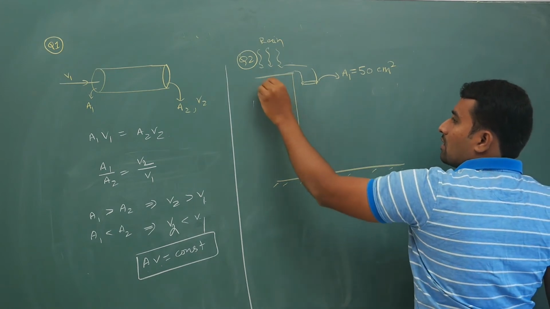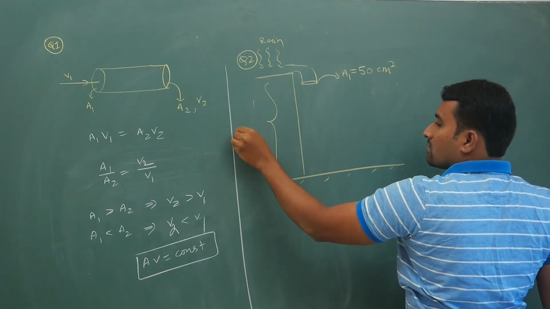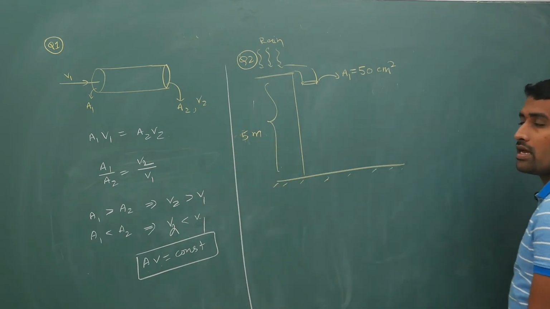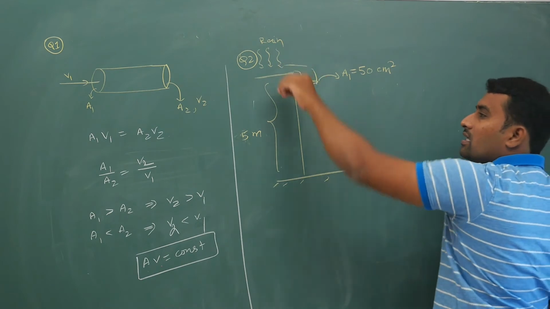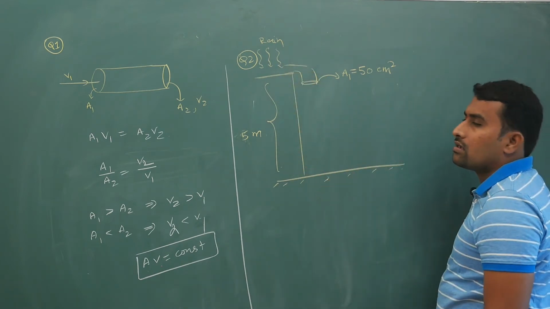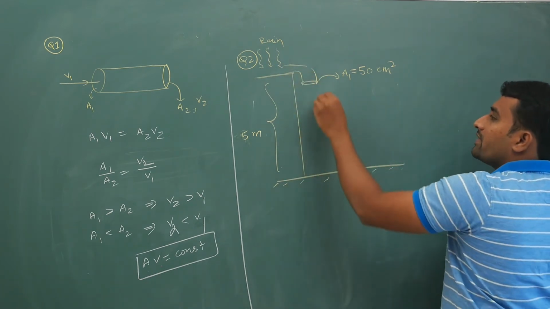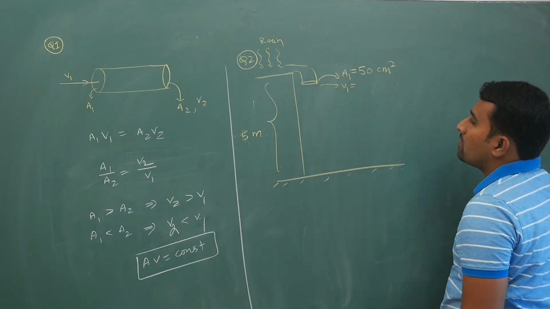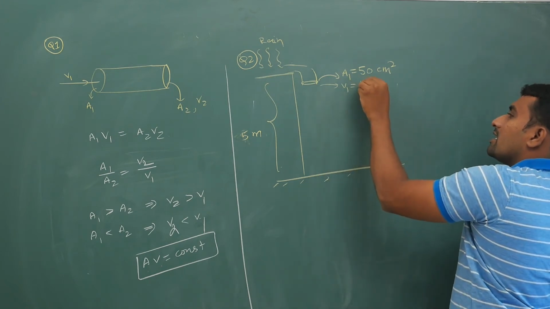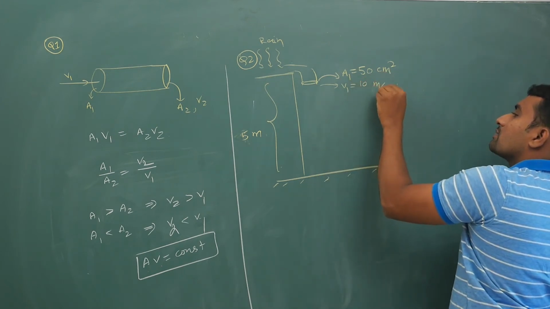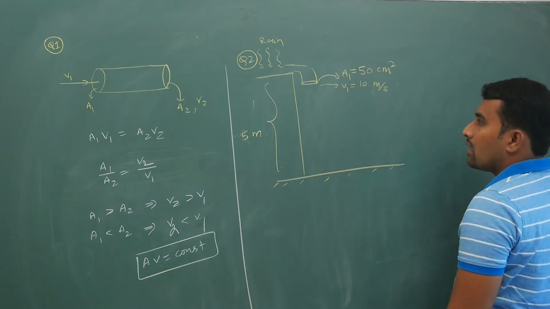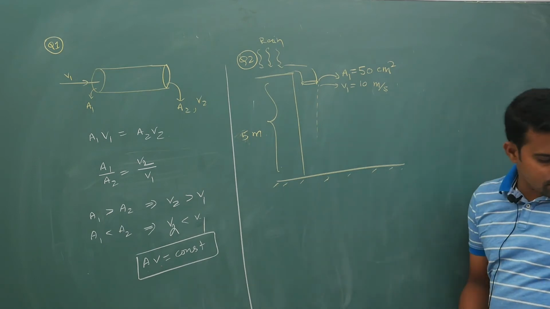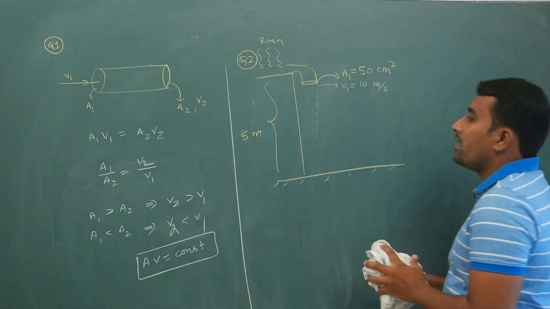Now water is on the ground. Let us say it is on some 5 meters height. Now rain after falling, it strikes the top of that building and somehow it is coming out of this hole with some V1 equal to, let us say, 10 meters per second speed. Now what happens? This flow will have,